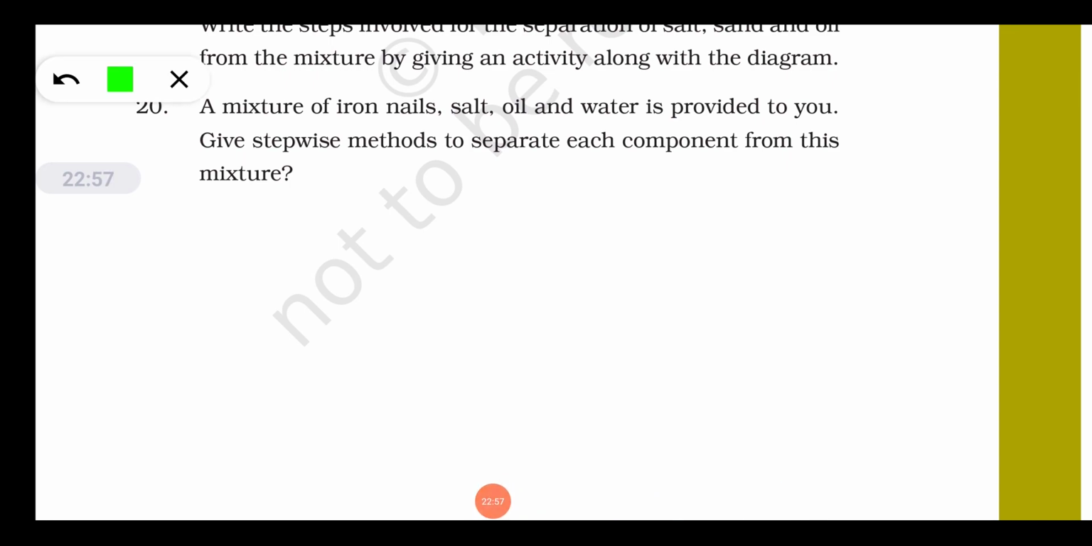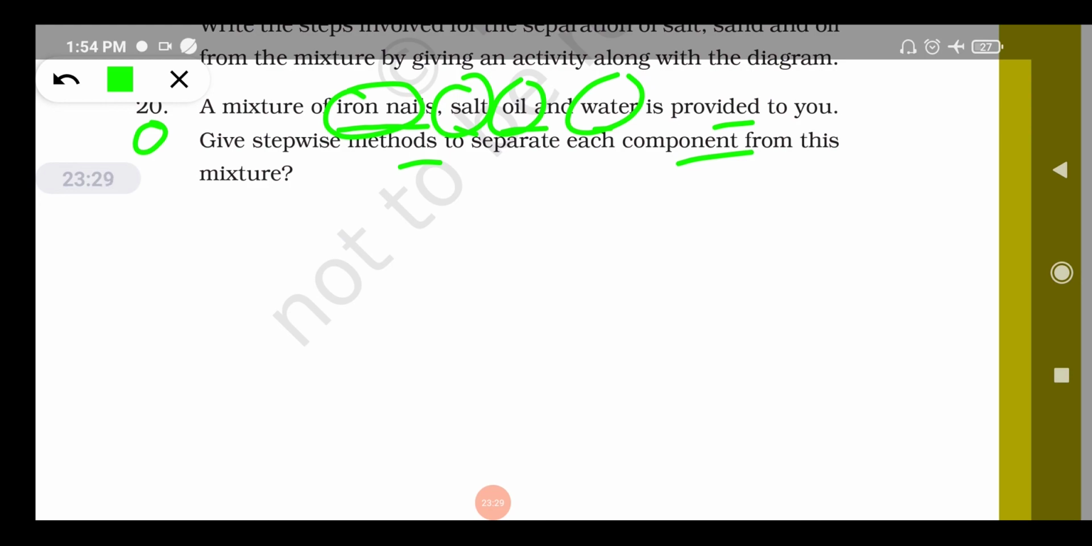Very interesting. Question number 20. Mixture of iron nail, salt, oil and water is provided to you. So okay, and you have to separate each component from this mixture. So it is same kind of question. Now here we have iron nail, so we will use the magnet first of all. Okay, so first of all in this mixture of 1, 2, 3 and 4 you will remove the